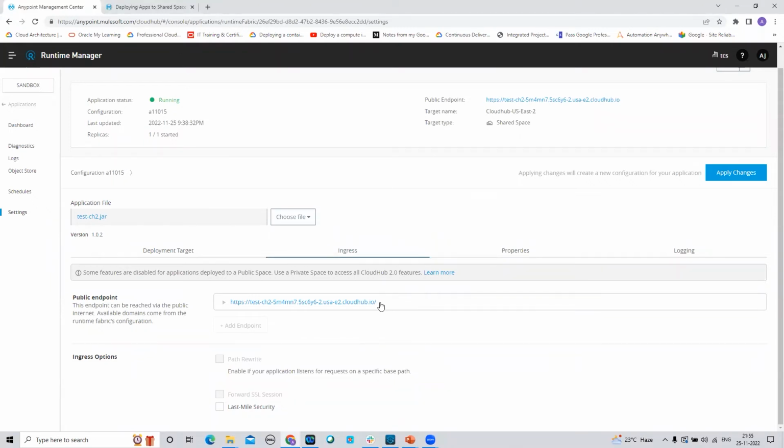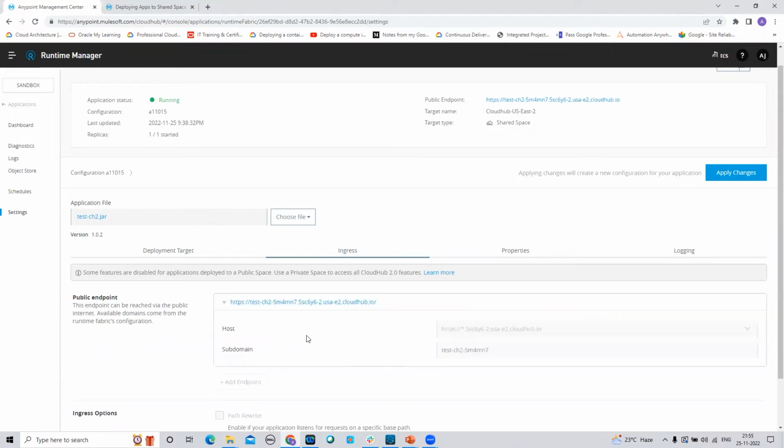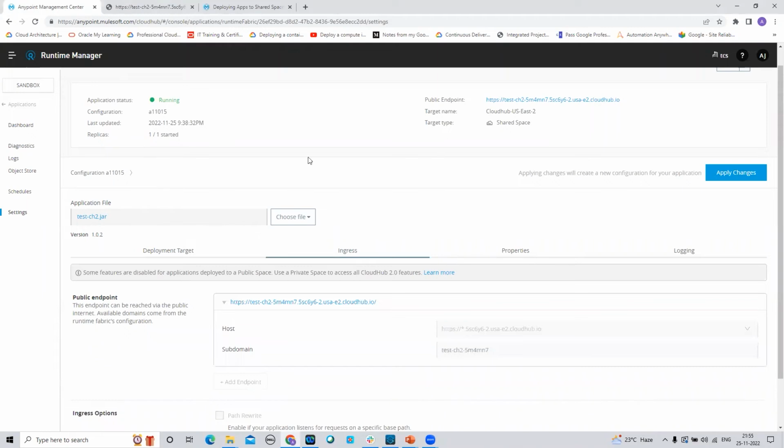So now let me test whether my application is functioning properly or not. Let me go here. Let me add the endpoint. Let's see. So I am getting the expected response. That means the application has been properly deployed and is giving a proper response from the CloudHub shared space. So next thing is that if we go to